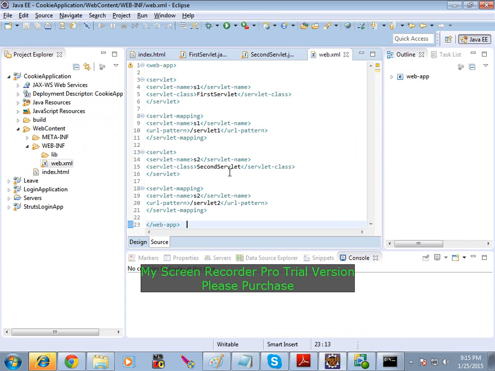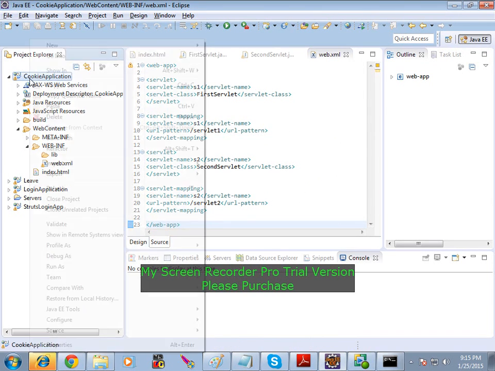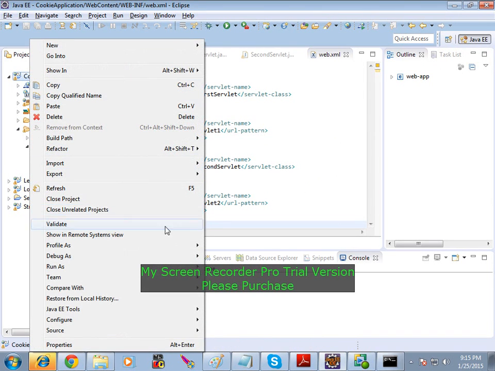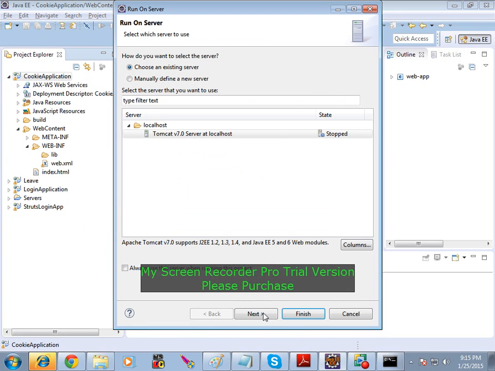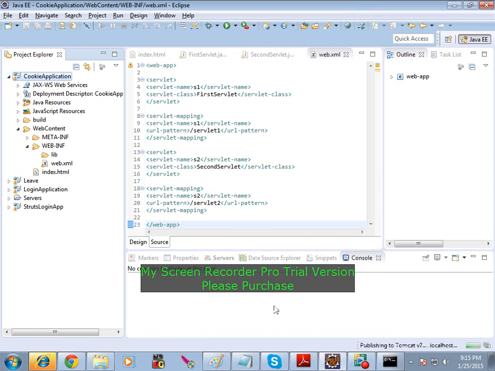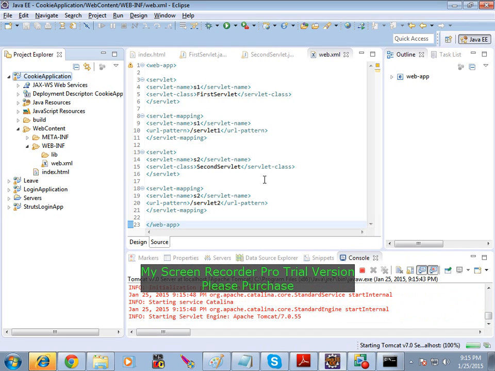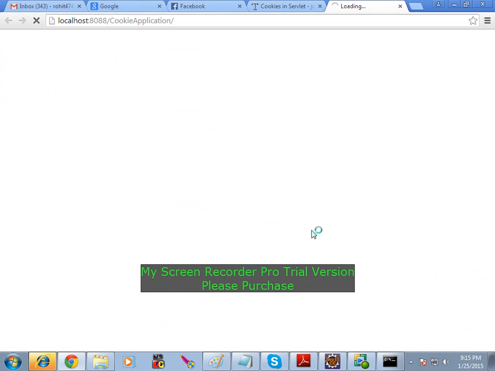It's getting web.xml, right? Right click, say run as, run on server, next say finish. You got some exception, I think.